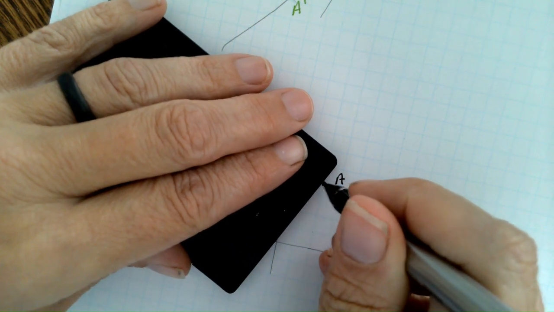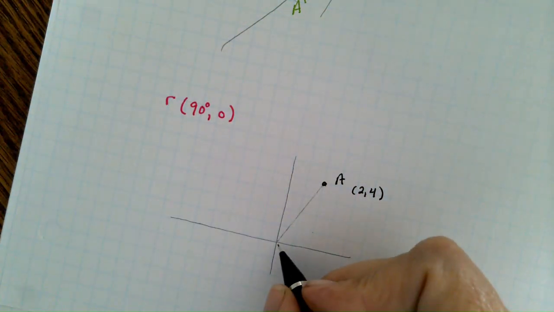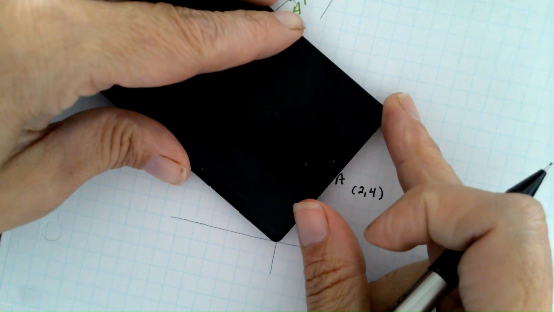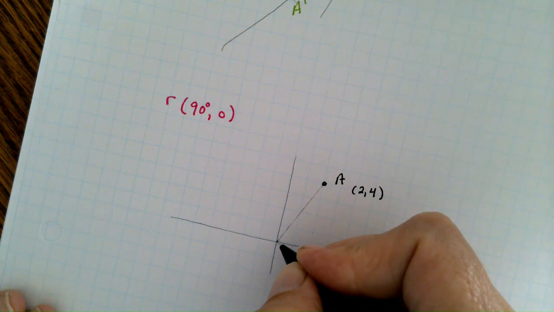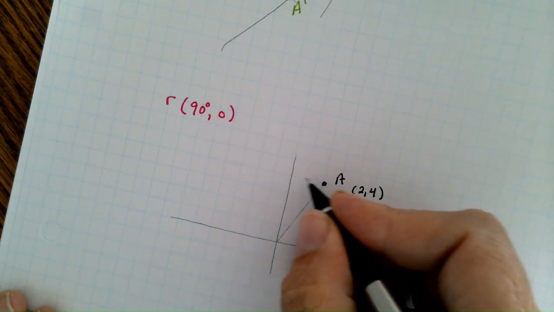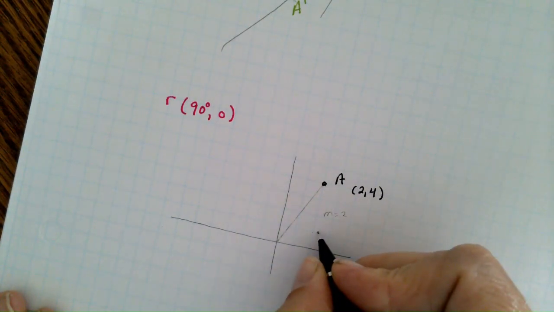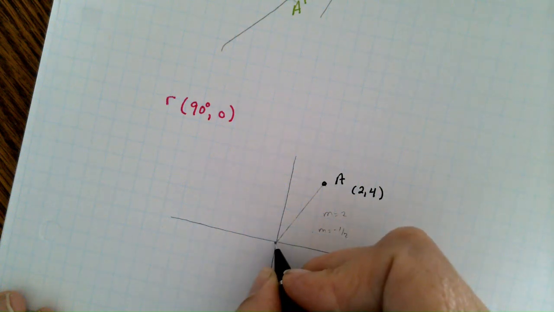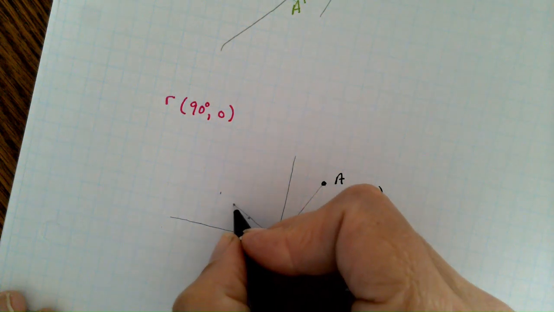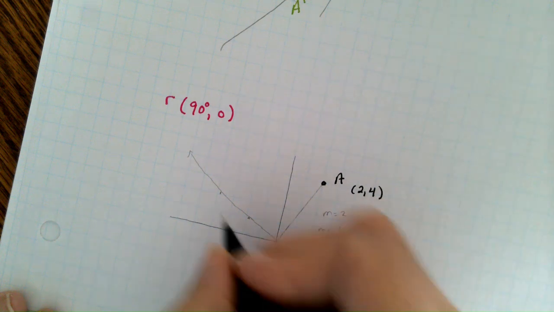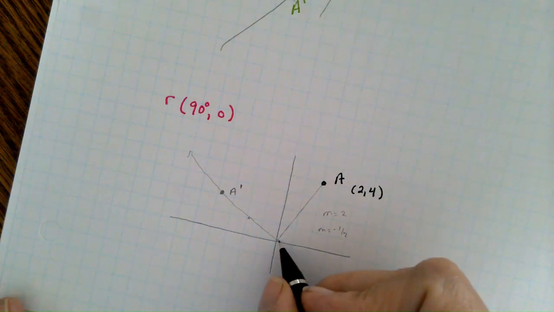So connect it, right? Now I needed to go 90 degrees. 90 degrees is perpendicular, so I could just kind of come in here and use my mirror case. But I know perpendicular has, I know how the slopes relate. So this is 1, 2, 3, 4, 1, 2. So a slope of 2 over 1. So I know this other one needs a slope of negative 1 over 2. I happen to know that the new A is going to be right there because this is 2, 4, so